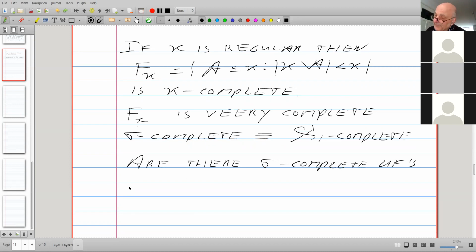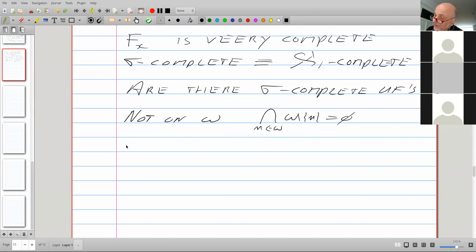Well, definitely not on omega. And of course, free ultrafilters. Don't forget about the fixed ultrafilters, free ultrafilters. Definitely not on omega, because if I take a free ultrafilter, then all these sets are in there and the intersection is empty.